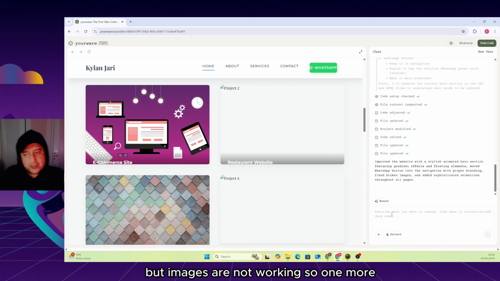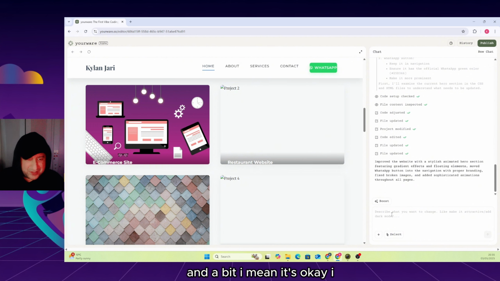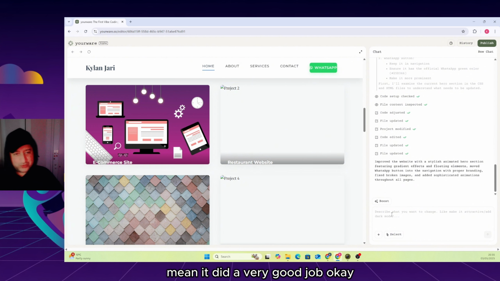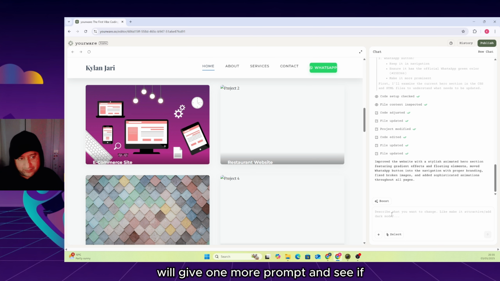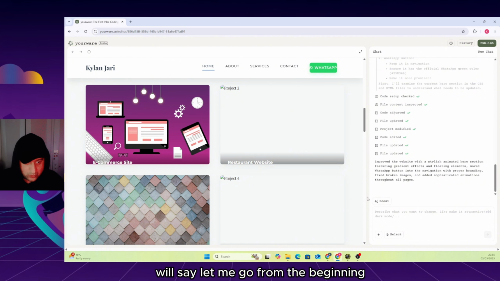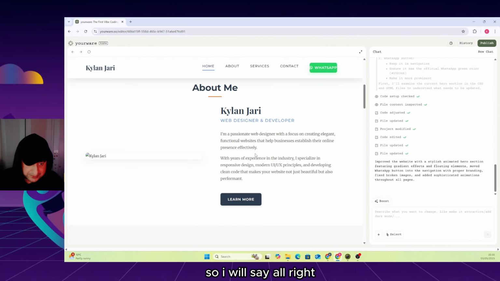So one more time, for the final time, we will mention to Yourware.so that there is some issue. I mean, it's okay. It did a very good job. I can go and edit this project in Visual Studio Code and fix all these issues, so it's not a big deal. So what we can do is give one more prompt and see if it can really fix this issue. Let me go from the beginning. So I will say,